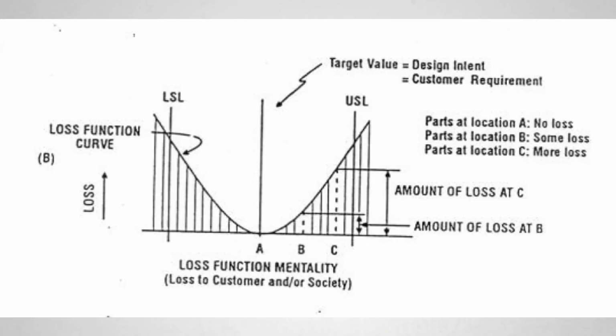And in general, loss function is considered to be a quadratic parabola, wherein, as you can see on the screen, all the points should be in the center. As long as the points are in the center, it is considered to be good. Even though we know that practically it is not possible for all the points to be in the center, there will be some variation, our focus is that all the points should remain in the center. But as we move from, say, A to B or to C, we are increasing losses, or the possibility of losses, because overall the intent is that the design intent and the customer requirement both should be met.